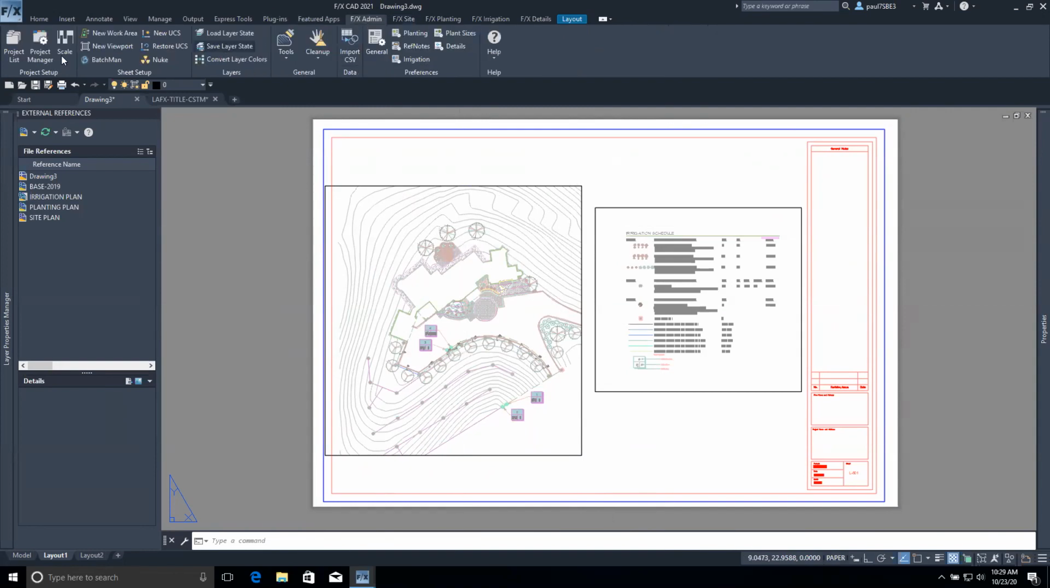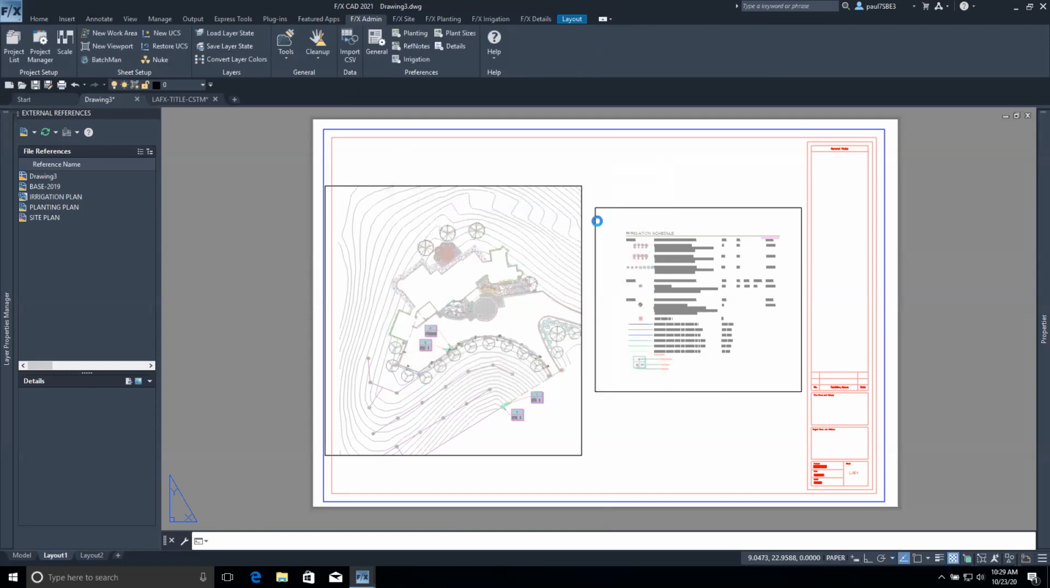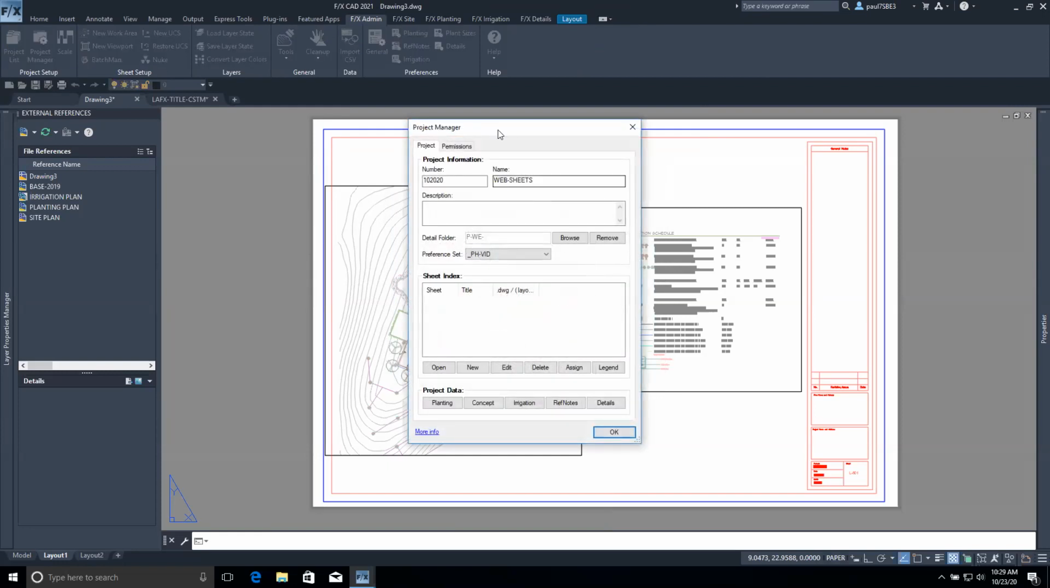So if I go to my sheet index, always make sure you open up your project data with your drawing. So here's that project that I had already set up. This has my planting, irrigation, some detail stuff in it, everything that I've been putting into this project. Now here in the sheet index, I want to go to the new button